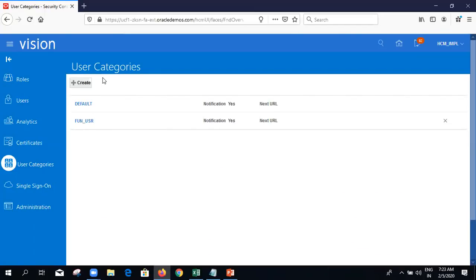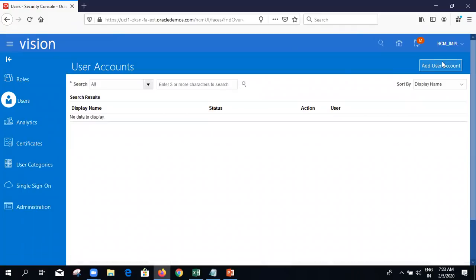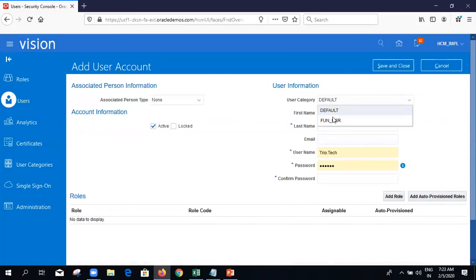There you want to maintain the person number for the user account creation. So what I will do, I can create my own custom user category, and then when I'm creating the user accounts for the employees, I can choose that category for the respective employees. So whatever conditions we specified in these, the password policies or the creation of usernames, will be reflected for those respective people. So this is the user category.